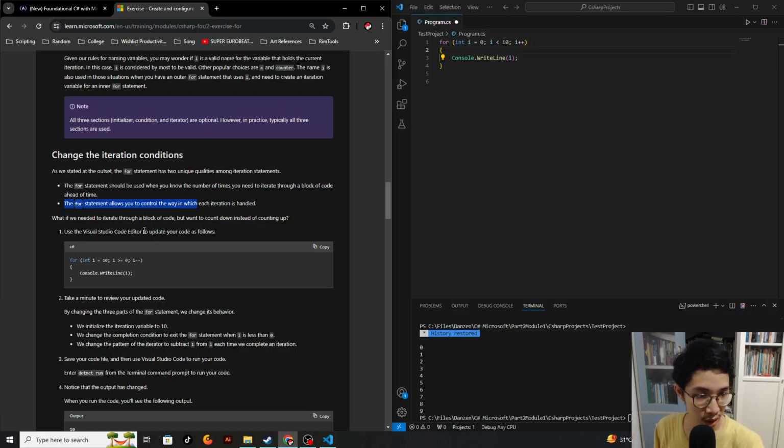What if we needed to iterate through a block of code but want to count down instead of counting up? It's possible. We have learned about the increment and decrement, right? So I guess we can just put minus minus instead of plus plus. That's what you want, right? Countdown. Previously it was count up, right now it's countdown. Okay, we could just make the i to 10